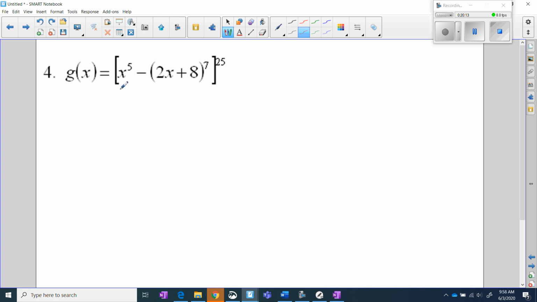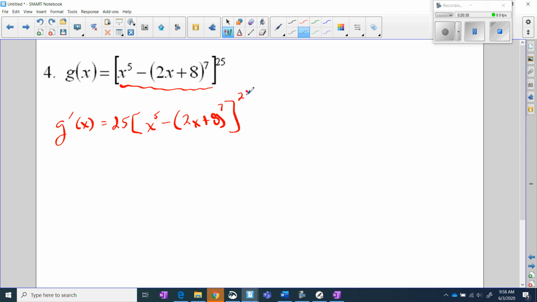And finally, I've got a function inside a bracket raised to an exponent on the outside. That is chain rule. Chain rule is as follows. Multiply by the exponent, leave in between the brackets as is, subtract 1 from your exponent, then take the derivative of what's inside the brackets. This time I'm going to put a bracket here because I've got a couple of terms. So the derivative of x to the 5th is 5x to the 4th